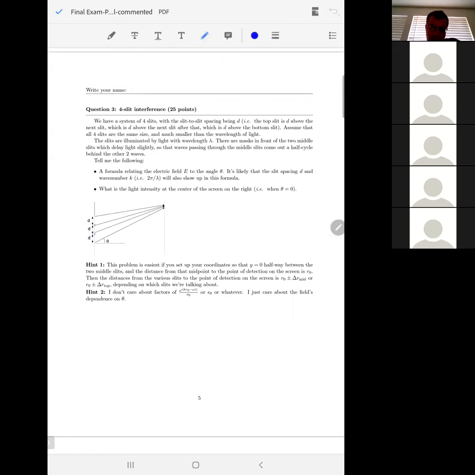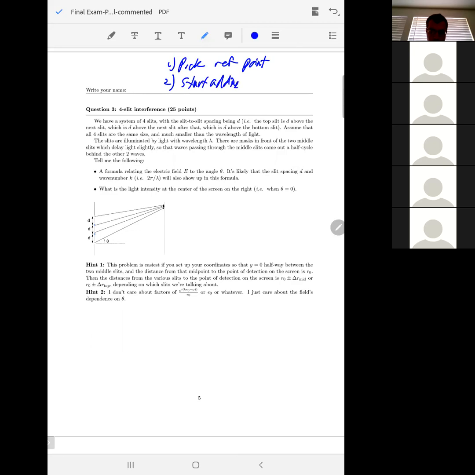Now, in this case, we've got 4-slit interference. We've got 4 slits on the screen, and we have to add up the fields from those 4 slits. And there was something like this on the midterm. So basically what you need to first do in any problem like this is, 1, pick a reference point. Usually the center of the screen is easiest. And then 2,